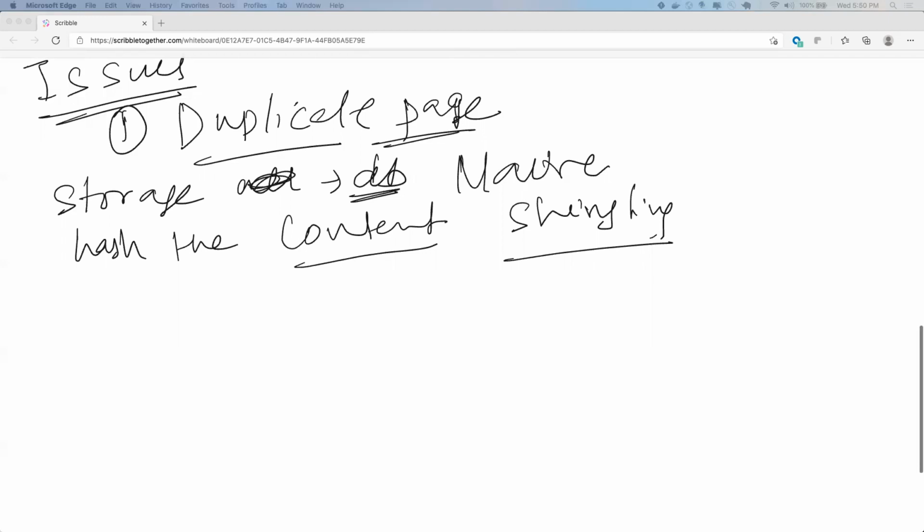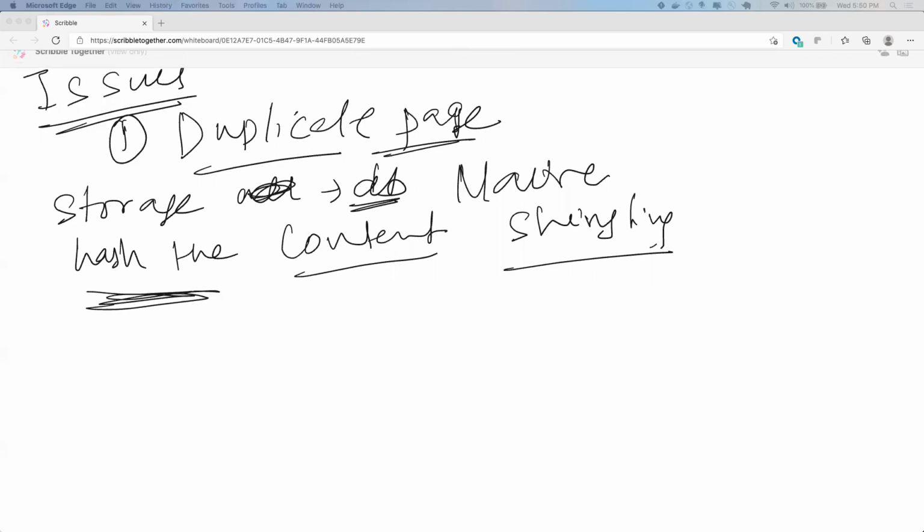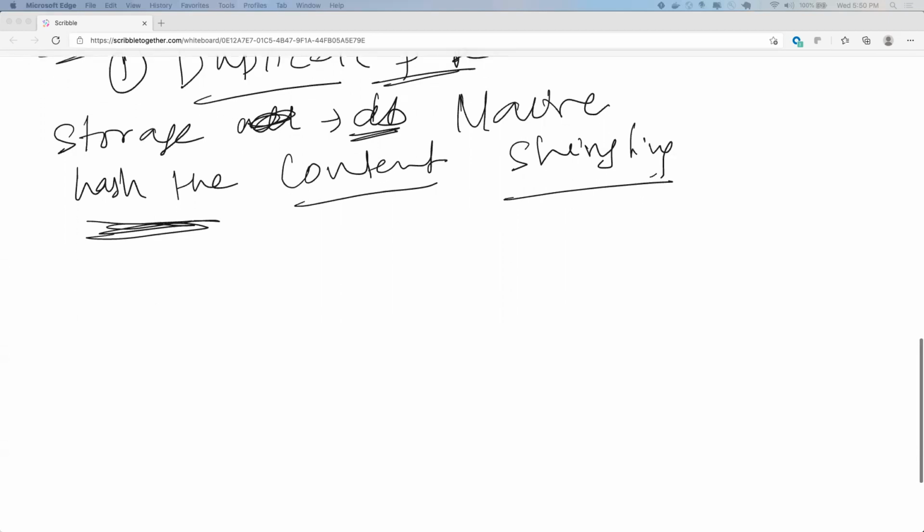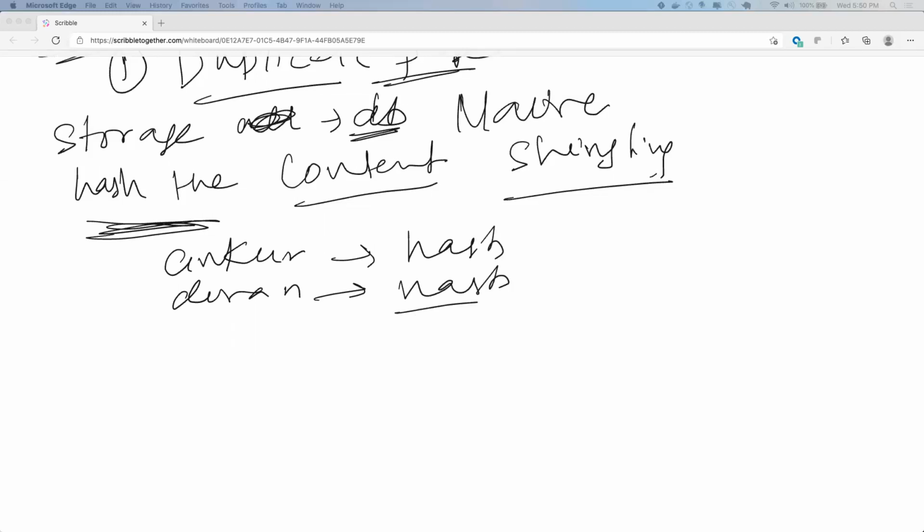This is just a top-level view, but for hashing the content there are many other considerations also, right? So let's say I have Ankur and let's say I have Devin. They both might have the same hash, right? So how will you make sure that Ankur